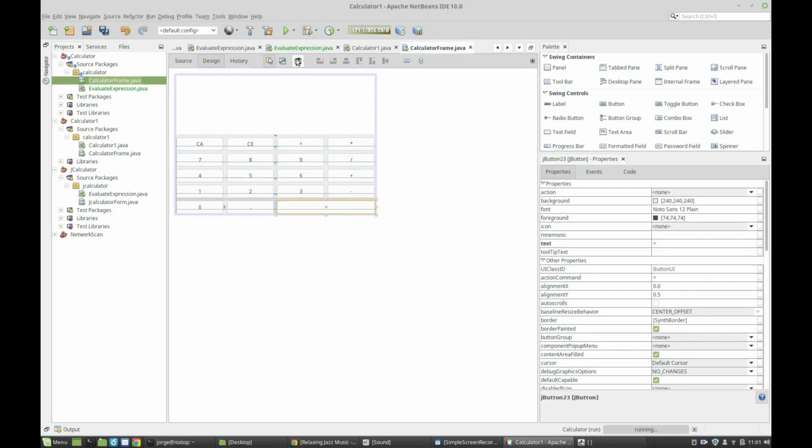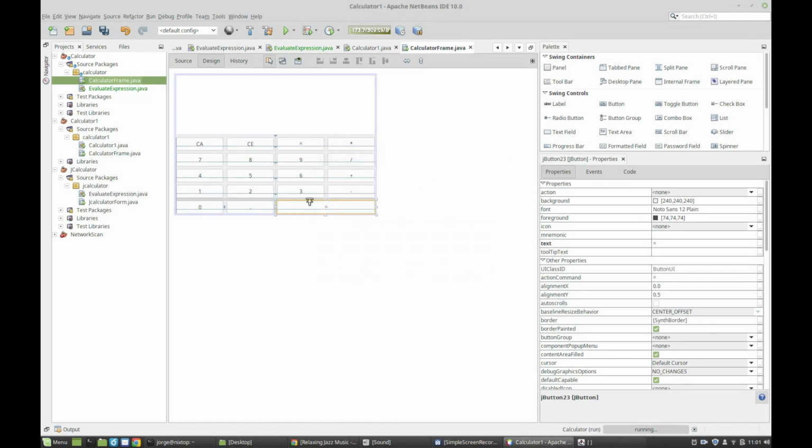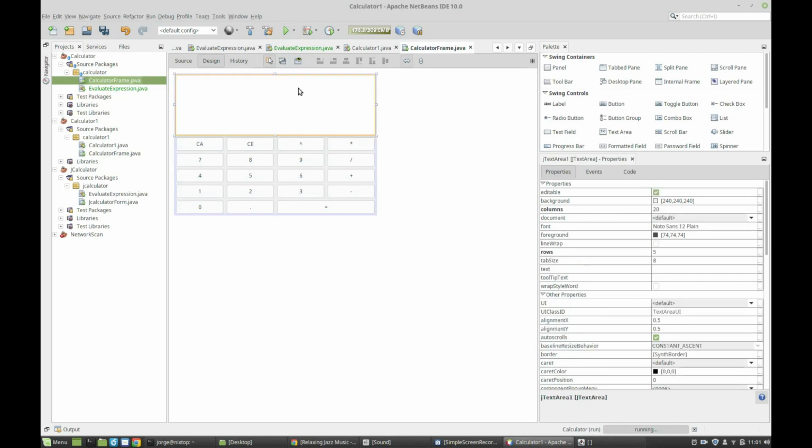Okay, so we're done with this section. Let me see how it's coming up. And it looks better already. Next, I'm going to change the color of the text area, the background. Notice here that I have background as the second option. So I'm going to click on the,